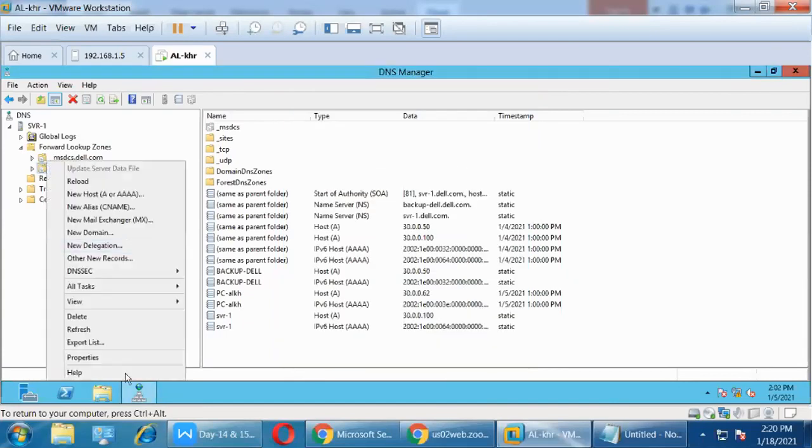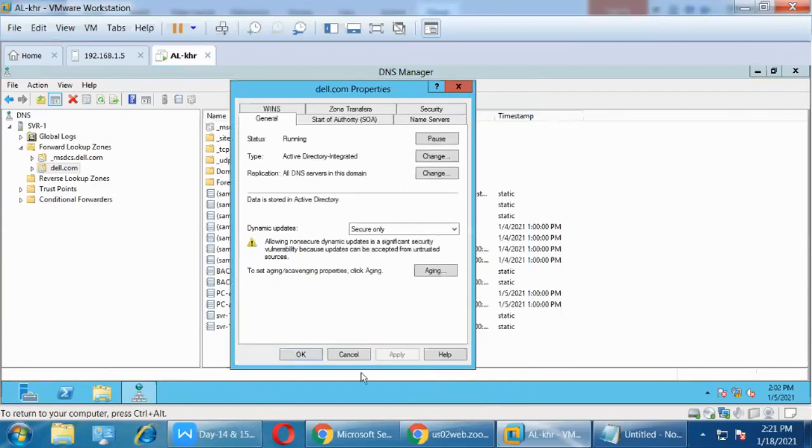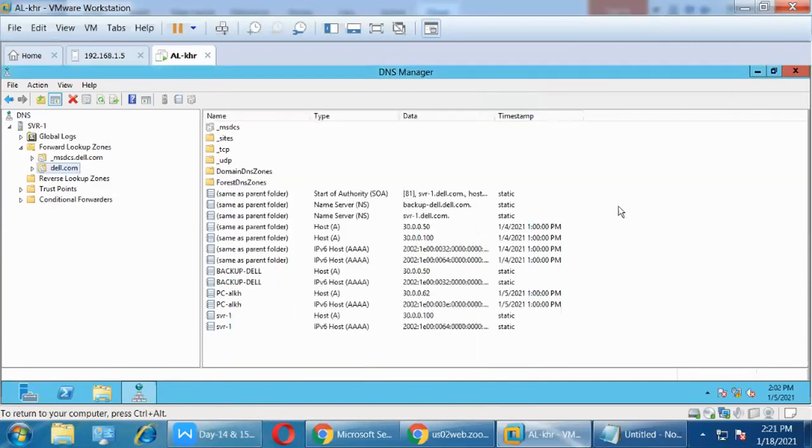Why do we require forward and reverse lookup zones, and why do we need to configure them? We already discussed this, because a zone is a database.